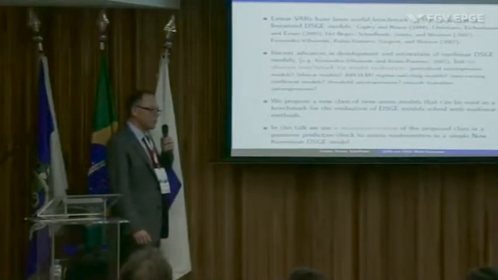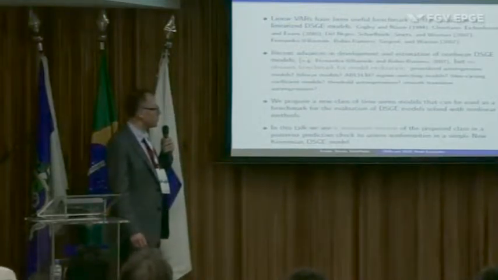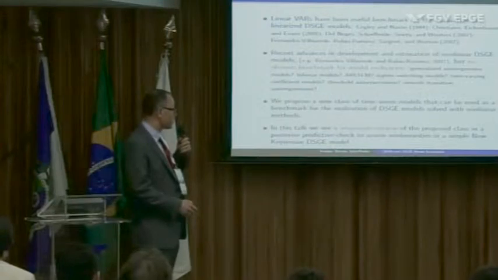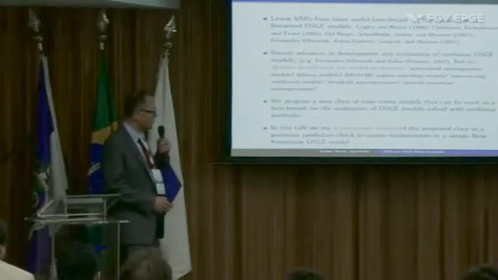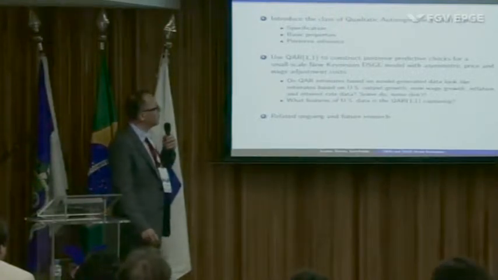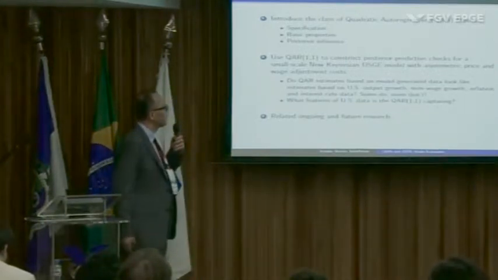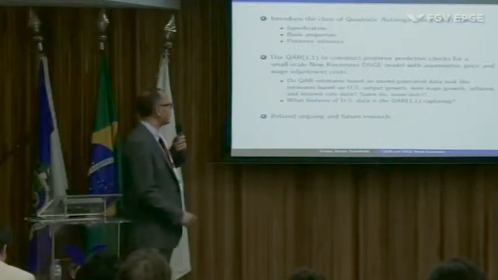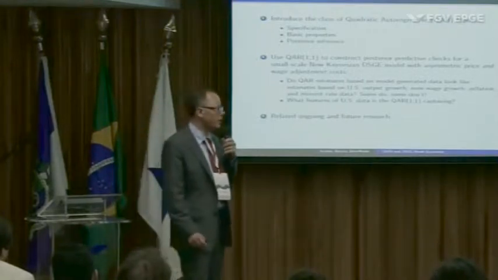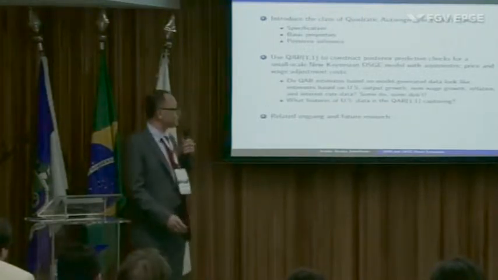Now, ideally, we want to do this in a multivariate way, but so far we've taken small steps, and what you'll see are results from univariate versions of these nonlinear time series models. So basically, what I'll do is talk you through these quadratic autoregressive models. I'll tell you a little bit about how they're set up and why they're set up that way, what their properties are, and how you can estimate them, and then we use them to construct what's in the Bayesian